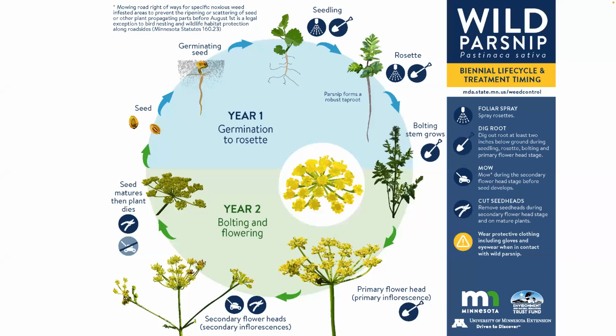So it's important when we're thinking about control of species to note that this is a biennial. That means that wild parsnip has a 2-year life cycle. So its first year, it germinates from seed and just has this sort of round clump of leaves. The second year is when you get the seed head that grows up tall. You see the yellow flowers and then the seeds maturing. So if you're able to control this species before that late second year, then you're in pretty good shape